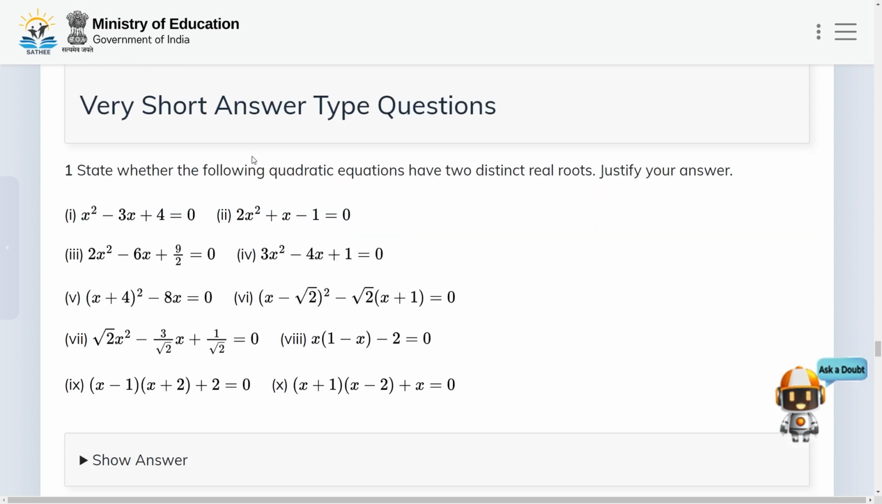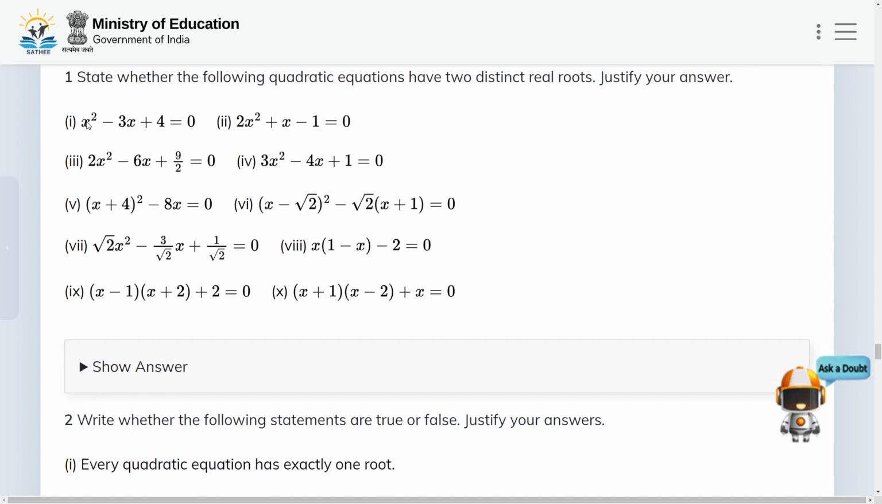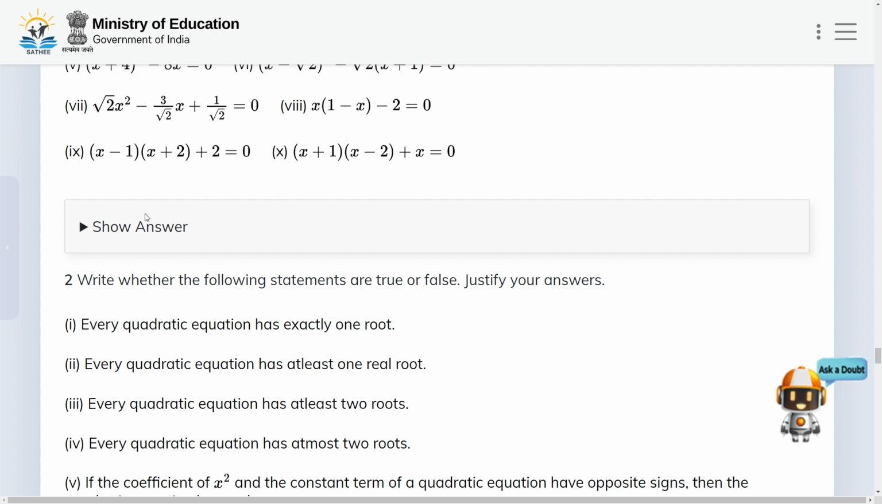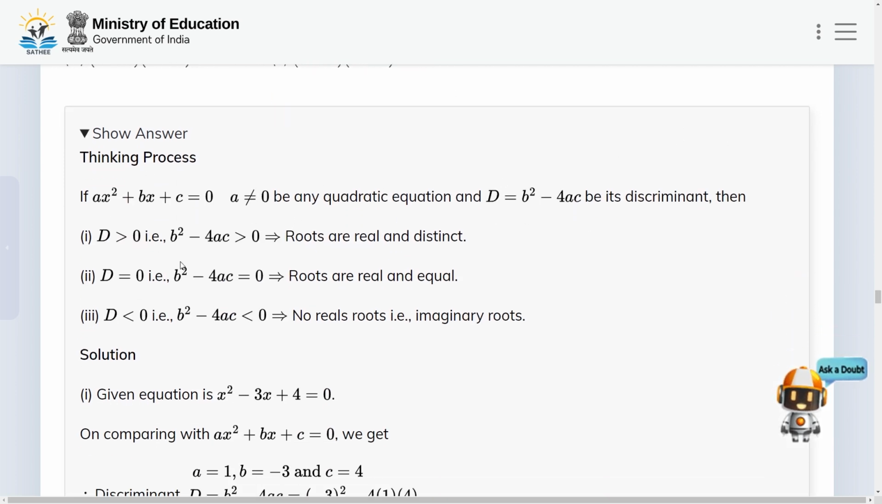So now let us move to very short answer type questions. In question number 1, we have to state whether the following quadratic equations have two distinct real roots. Justify your answer. In the first one, we have x square minus 3x plus 4 is equal to 0. You can find the discriminant, and if the discriminant is positive, then the roots are real and distinct,